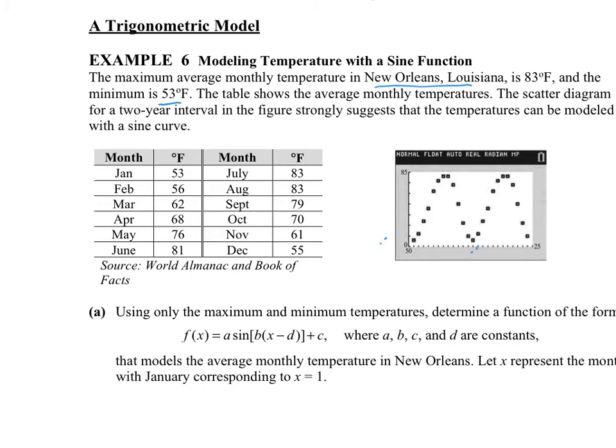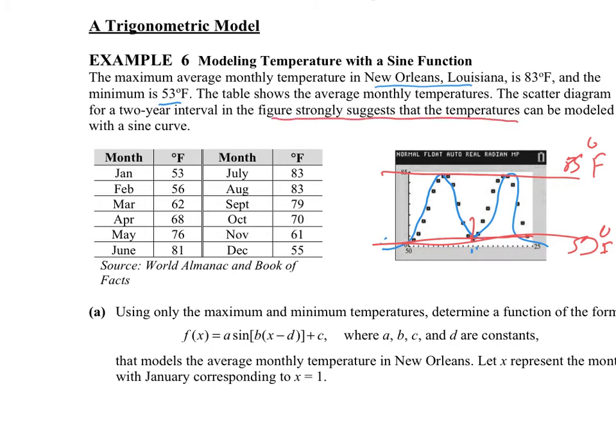It looks to me like he's graphed a couple of cosine curves. When you think about it, they look like a couple of cosine curves. So the highest was the 85, and the lowest it could have gotten would be the 53. So I'm just guessing here, 85 up here and 53 down here. In the scatter diagram for a 2-year period, there you go, see, 2 years, that's why there's two cosines,